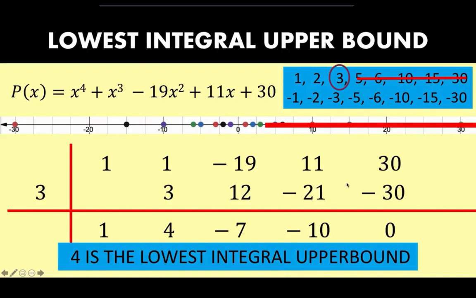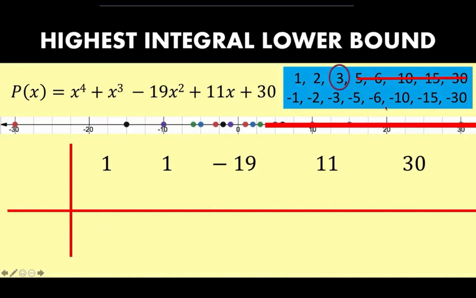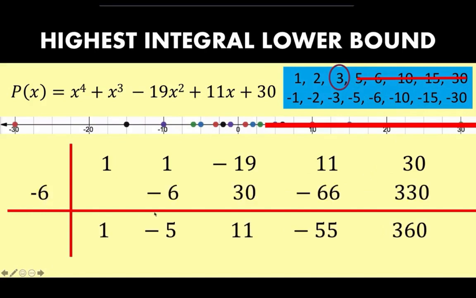Now let's try for negative roots. Let's pick any possible roots here. Let's say negative 6. If we try negative 6, notice the signs in the last row. You have 1, negative 5, positive 11, negative 55, and positive 360. There are alternating signs from positive to negative,